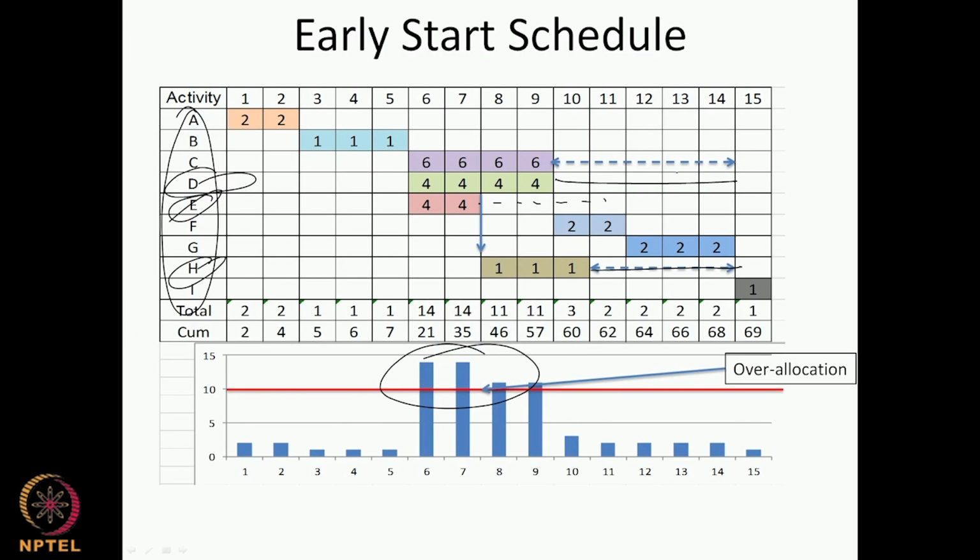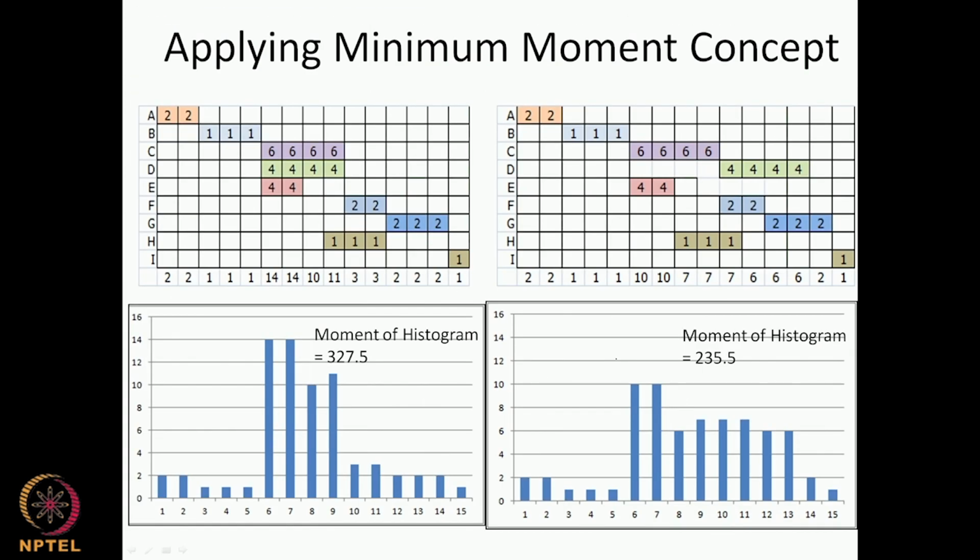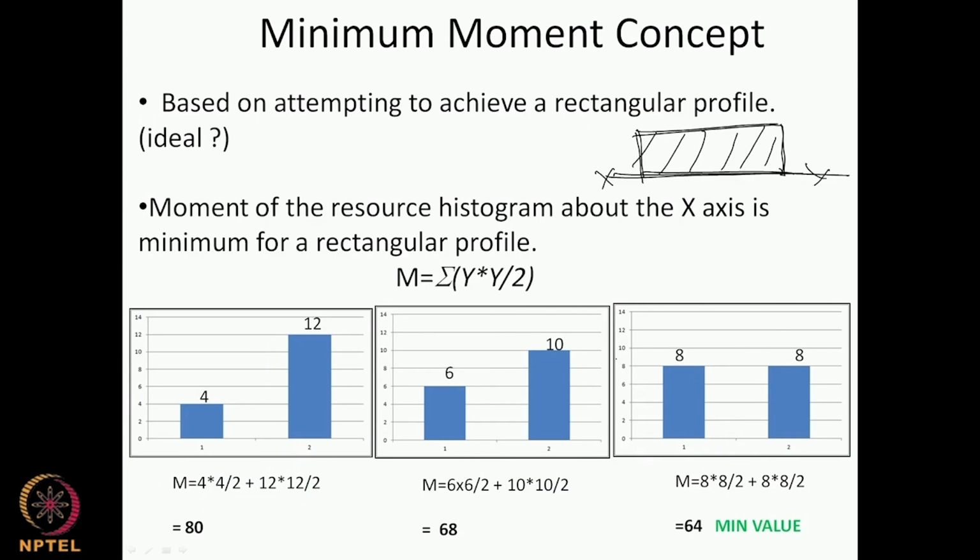To put it another way, if I had a profile like this and I start leveling it, obviously I cannot get a perfectly rectangular profile, but given my total sum of resources, once I level it in a way where my floats are used appropriately, the best leveled profile will have the minimum moment for the whole histogram. So that is the basis of the minimum moment algorithm, or the minimum moment metric, which we are going to use. If we take an example here, we have just two resources,